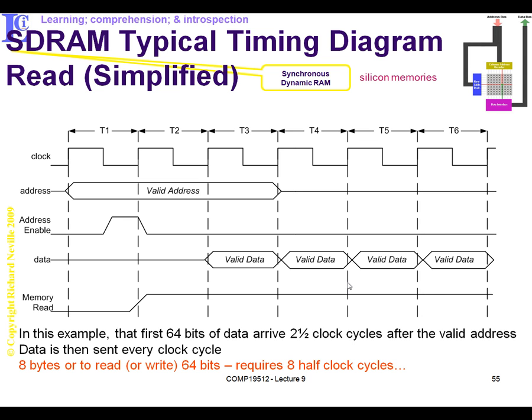Okay, so what we're actually saying is SRAMs enable you to read bigger blocks of data by setting up an initial data block address and then reading the addresses next to it. Okay, so that's what's happening. In this example, we've got a number of blocks of data being read, and after the arrival of the first 2.5 clock cycles, we can read out the valid data